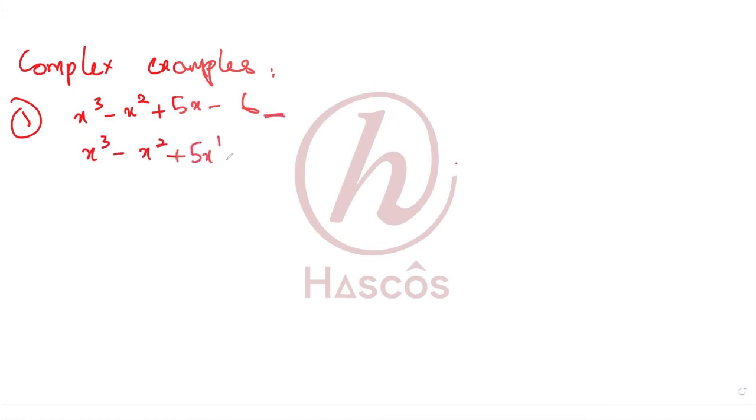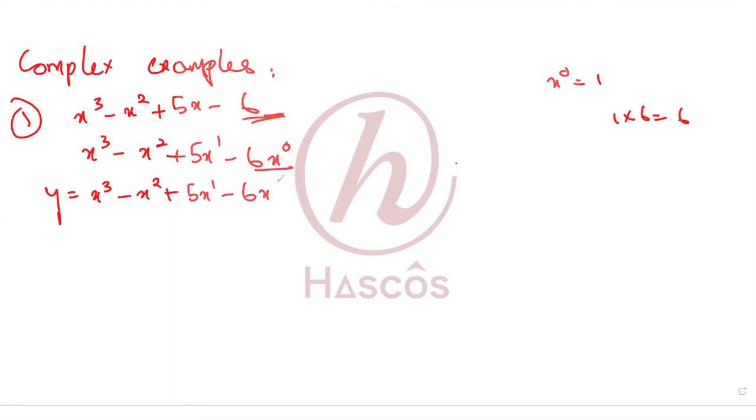This has no x, so we can write this as x to the power of 0, because x to the power of 0 is going to be a 1, and then 1 times the 6 is just a 6. So let's just call the constant 6x to the power of 0. Let's call this equation in terms of y: x cubed minus x squared plus 5x^1 minus 6x to the power of 0,